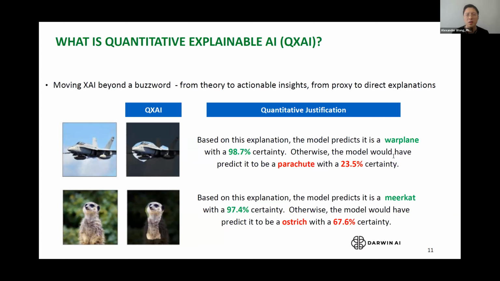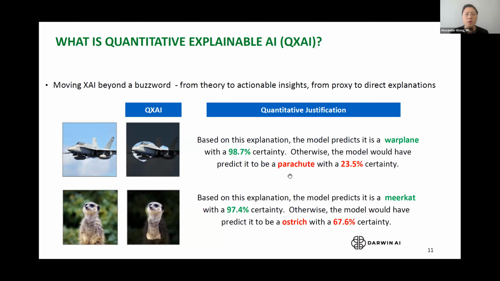And if you were to put your thumb up and cover where the meerkat is and look at the surrounding region, it's not a stretch of the imagination that it would lead to a decision where maybe it looks like an ostrich because of the grass around it, and because it's elongated, chances are it might have a long neck. So now you can have a much deeper understanding of the decision being made through this type of quantitative explainability. So that's on the high level.